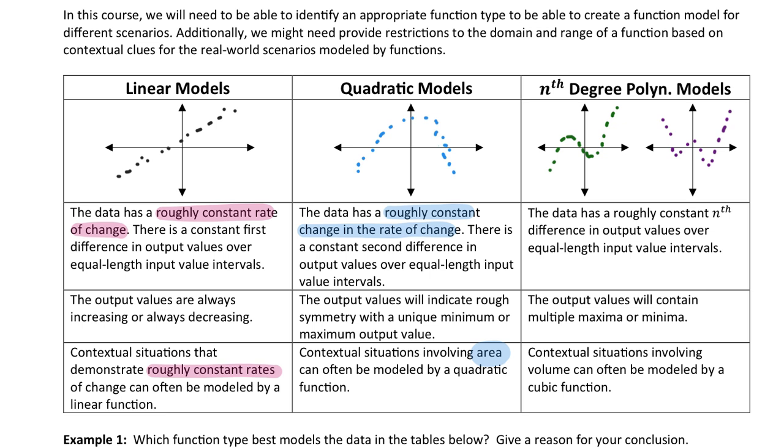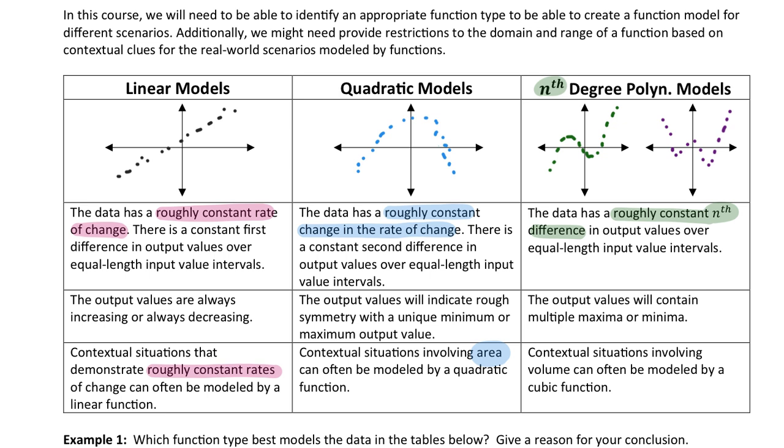You don't have to know those names off the top of your head. You do need to recognize them if you were to read them. But if we're looking at a polynomial with nth degree differences, then it has a roughly constant nth difference, whatever that degree is, over equal length input value intervals. In both of these types of functions, you will have multiple maximums and minimums. So if you notice the data is increasing, then decreasing, then increasing again, that's probably going to be a cubic